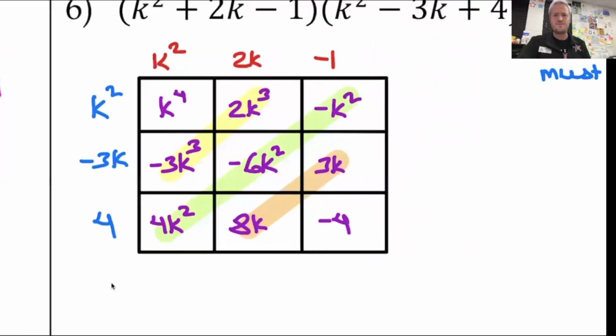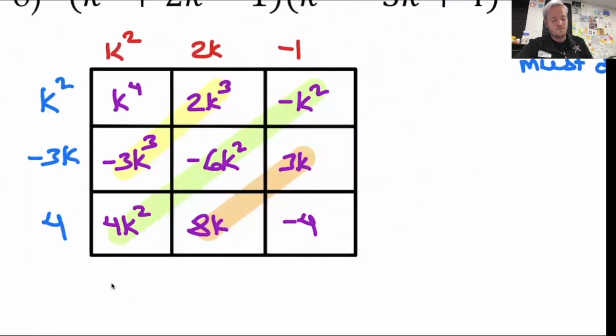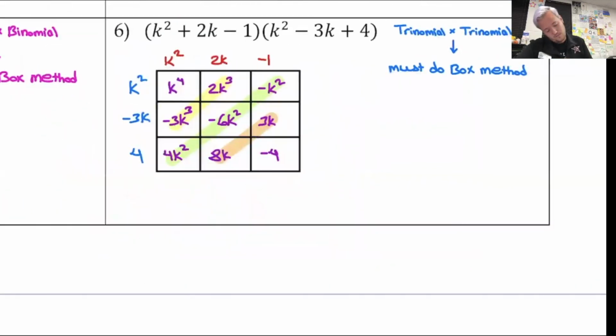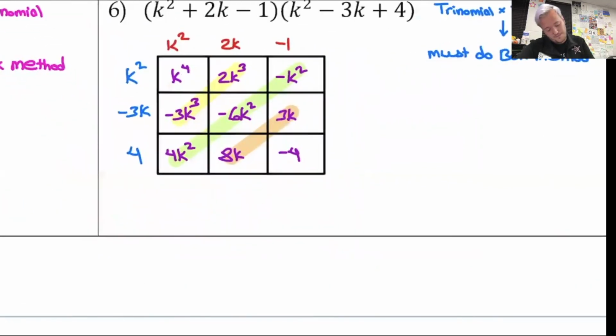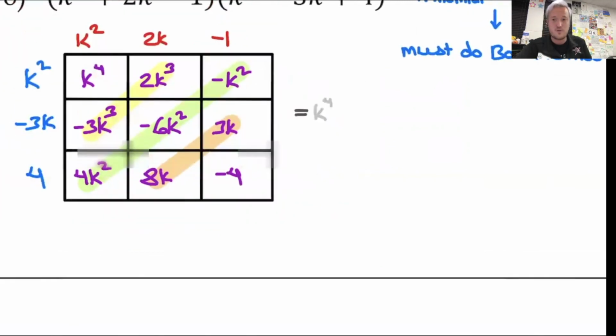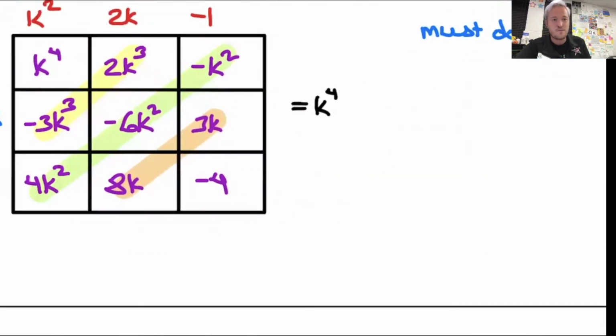All right, so now I'm going to write everything out. I would suggest you write small right here. So k to the fourth plus